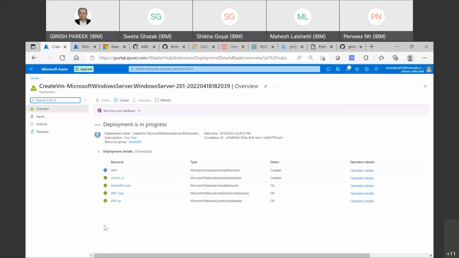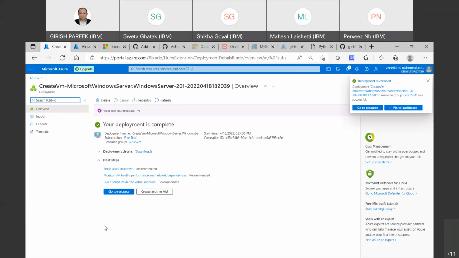Suppose installation of your Windows operating system takes say 1 hour, 1.5 hours, sometimes more. You have to keep waiting patiently, right? And I have experienced a lot in those days when we were supposed to create the operating system and set up the things. So now you see how quick it is that your deployment is complete and you are able to use it,